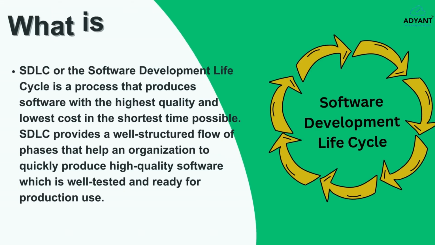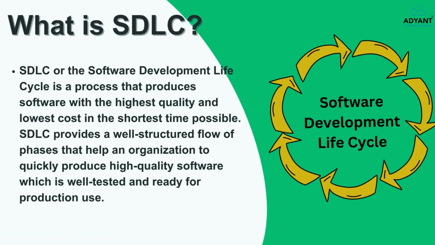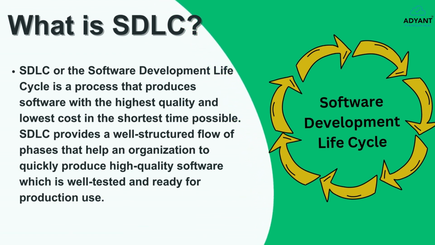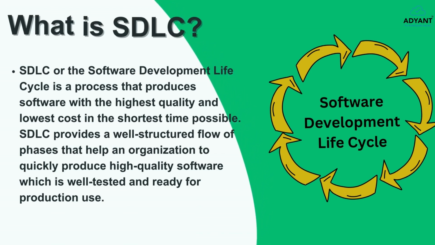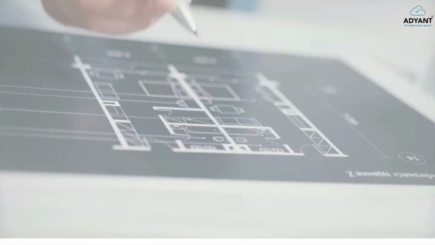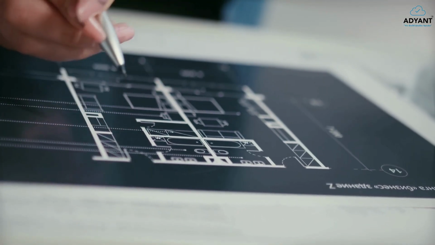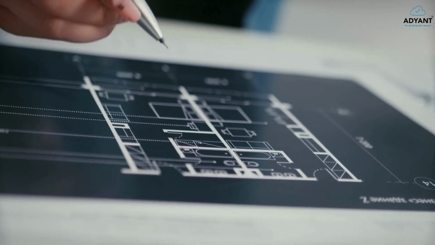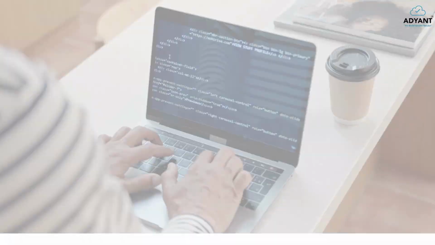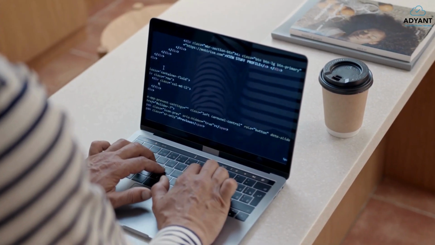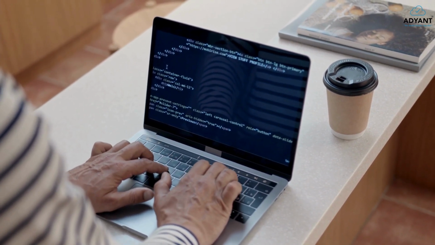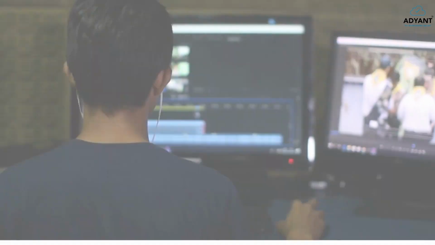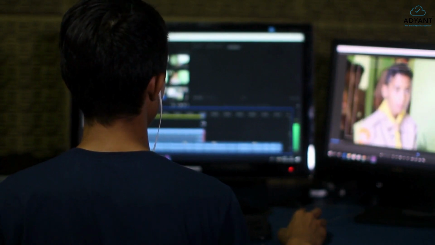So SDLC basically stands for Software Development Life Cycle. It is a process that is followed by organizations to create software products. SDLC includes a detailed blueprint that defines how the software needs to be developed, maintained, replaced, modified or updated. The software development life cycle is a methodology for the betterment of the software quality and the overall development process.